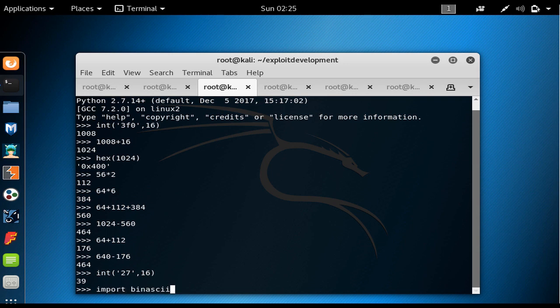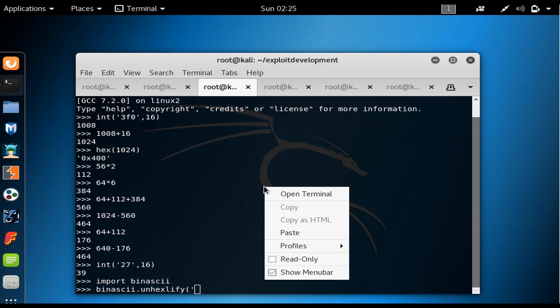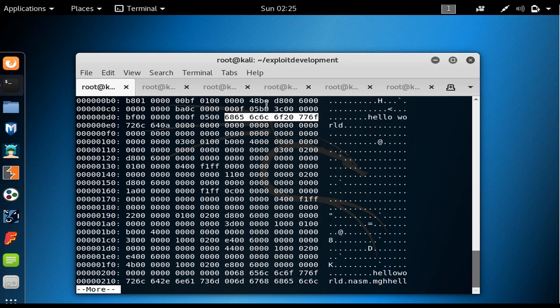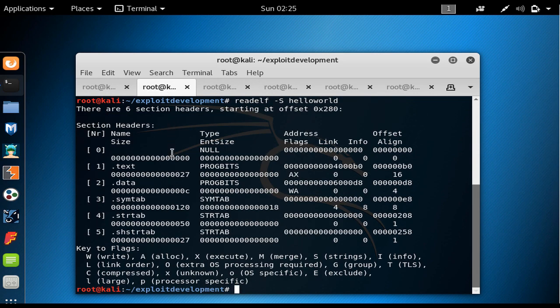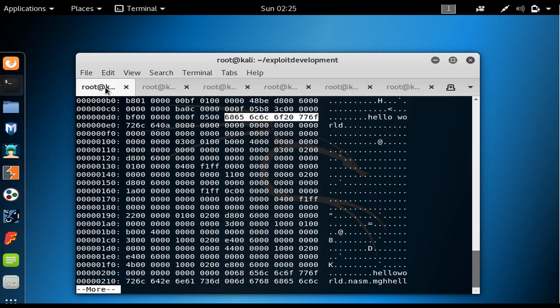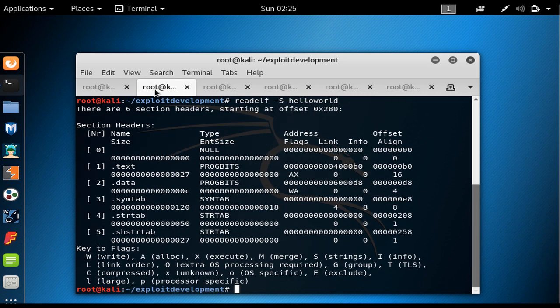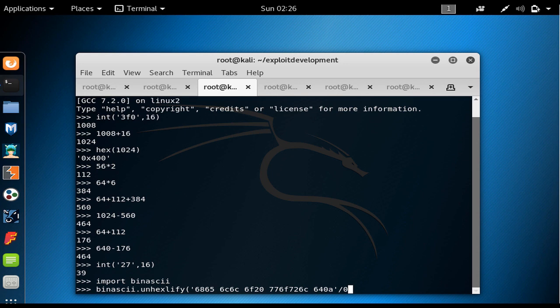Again, like always, you could use a calculator. So I say binascii.unhexlify and copy it in here, paste it in here. Also, it would be 12 bytes, right? We saw in here that it is 12 bytes, the data section. So we have 1, 2, 3, 4, 5, 6, 7, 8, 9, 10, 11, and 12 bytes of the data section. So I paste the rest in here and